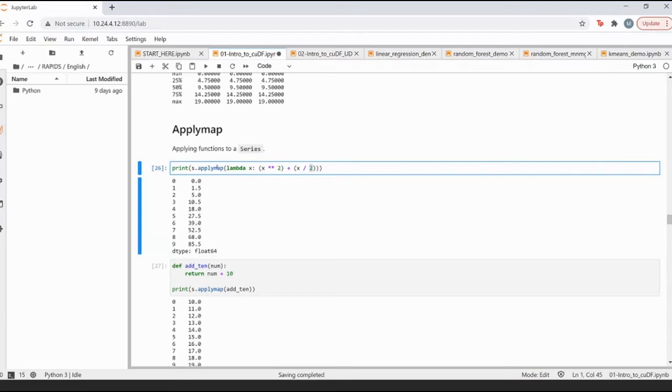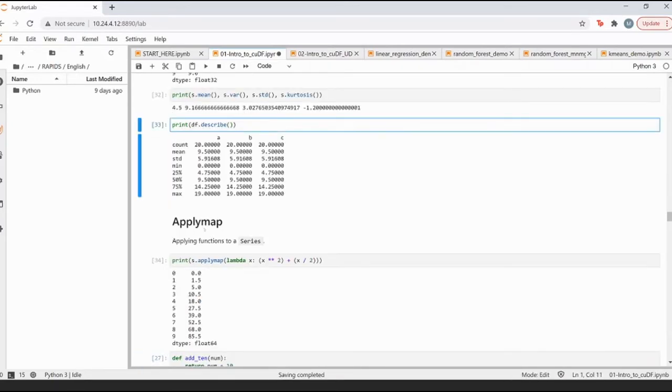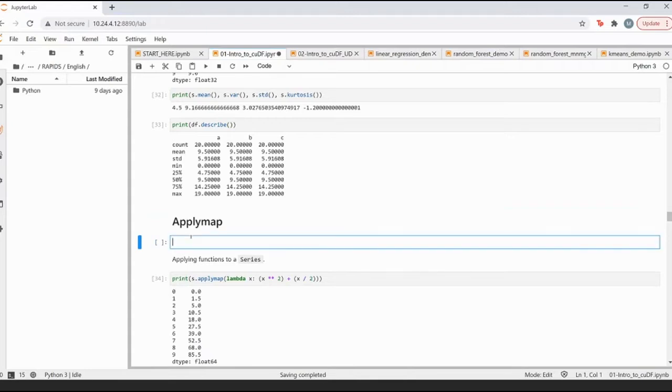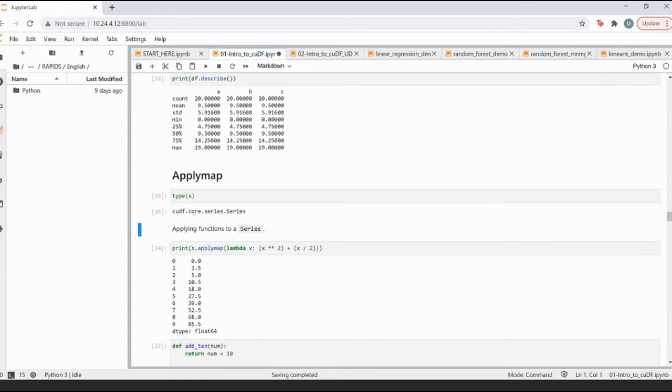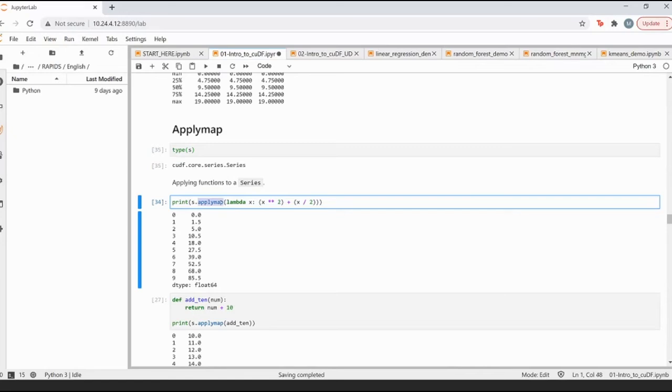So you can essentially use the applymap function and pass a lambda function. Now this is with respect to S, and if you see the type of S, you can see that it's basically a cuDF series as well, right? It's not a pandas data series, but it is basically a cuDF series. So you can apply the same applymap function on pandas as well as on cuDF.